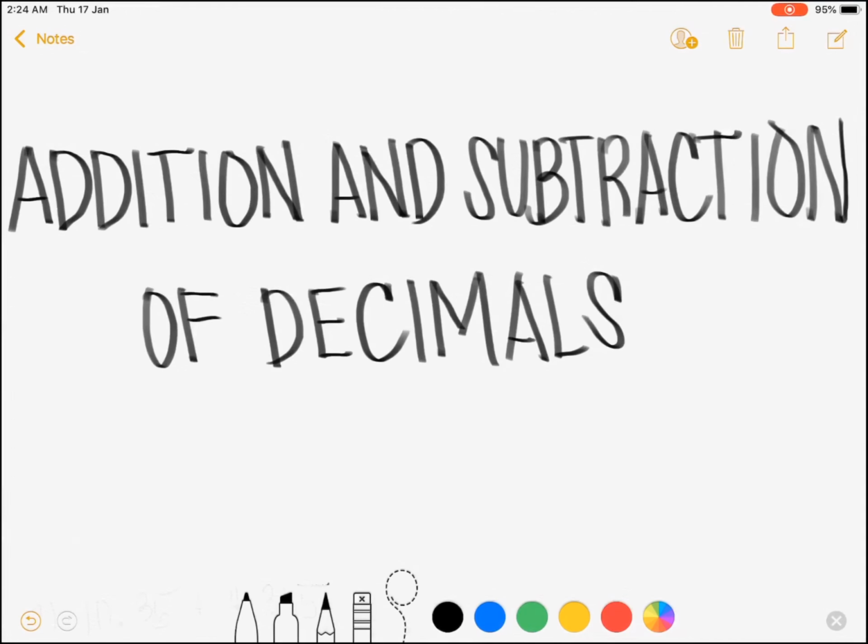Basically, madali lang ang addition and subtraction of decimals. Ang basic rule lang ay dapat naka-align yung mga decimal points nila. And then, after ma-align na natin yung mga decimal point, mag-add or mag-subtract na lang tayo, the usual way. Okay, for example, 10.35 plus